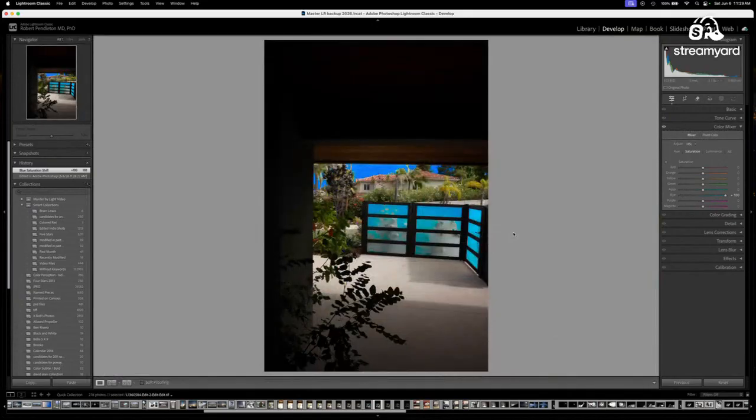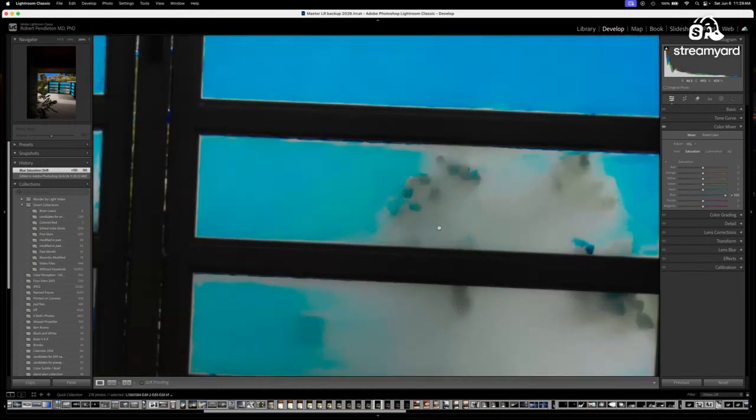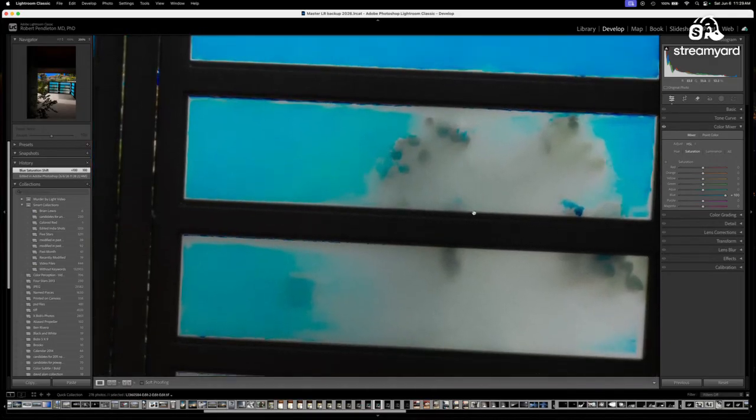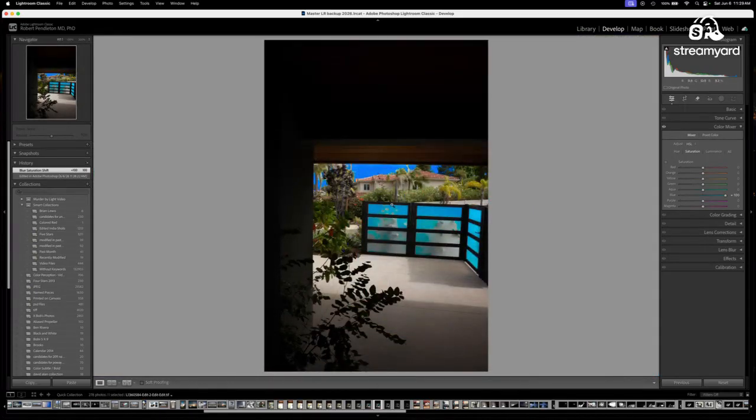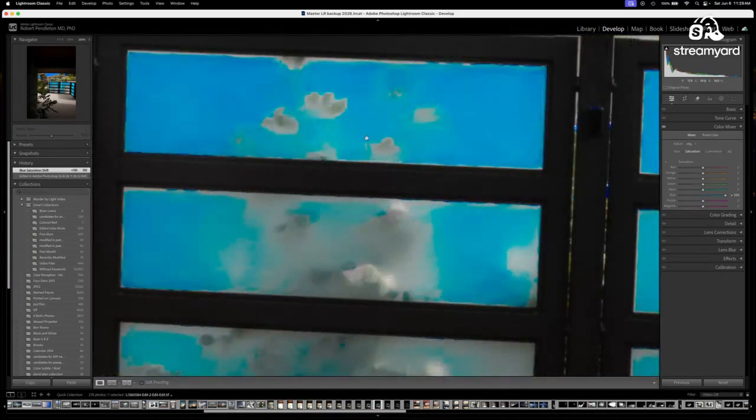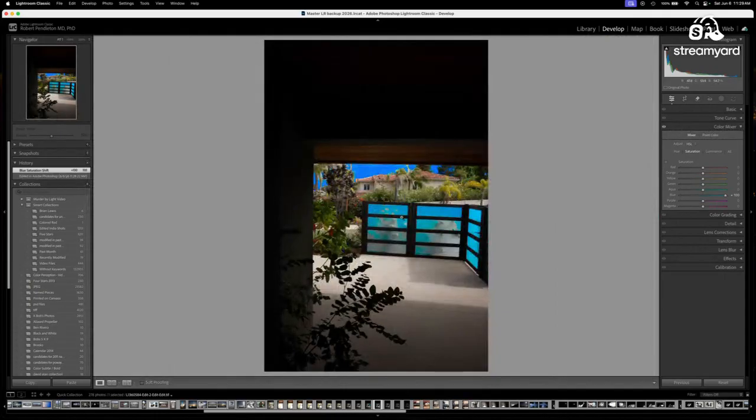And you can see there's some information here now that we didn't have. The light is a different quality on these glass panels where the plants are in the way. They're either absorbing the blues in the light or they're reflecting the blue. And you get this spectrum here. You can see the light sort of peeking through in some areas around. There's a rose bush on the other side of here that's coming through.